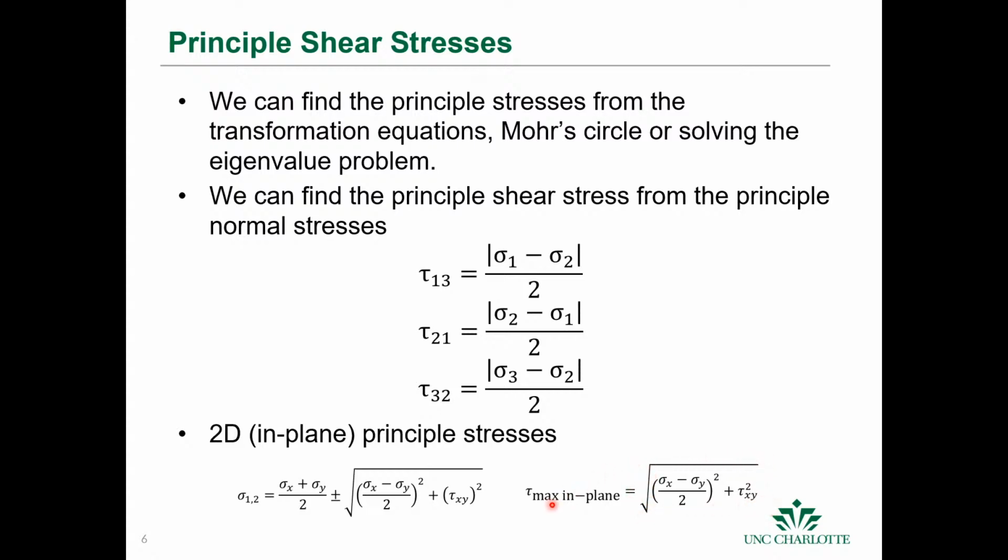Okay, and this is your max in-plane shear. It's not necessarily your max shear, and we showed those 3 Mohr circles last time. This is your average stress here, and that's the center of your circle plus your radius. Plus or minus your radius will give you your principal stresses. Okay, and you'll notice that this max in plane is equal to the radius of the circle centered here.